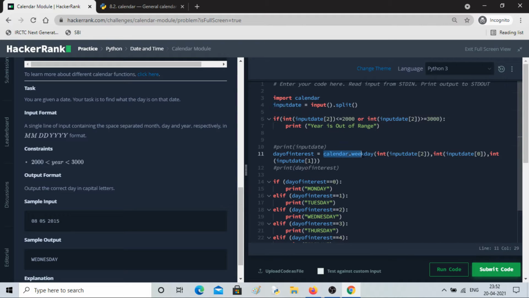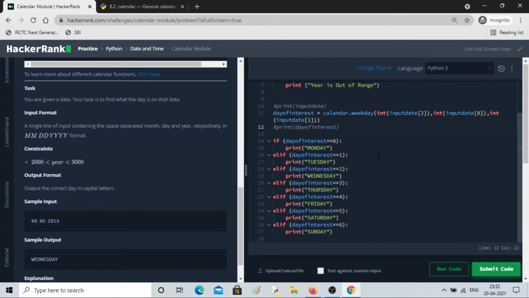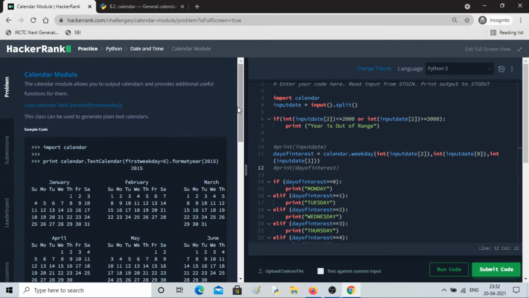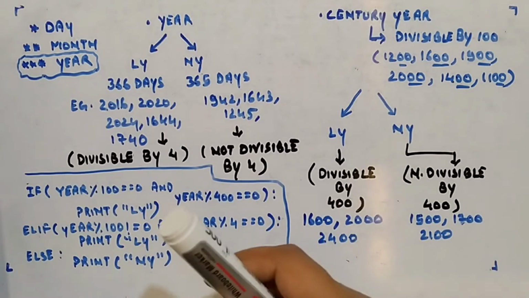I don't know whether this module is working in the same way, but I have one of the algorithms which I was searching for on the internet, and I found that it is very good learning that I can apply here in this question. So I will take that and first explain the algorithm, how to find it, and then we're going to code it. Okay, let's start our algorithm.